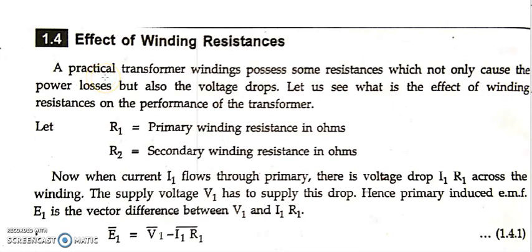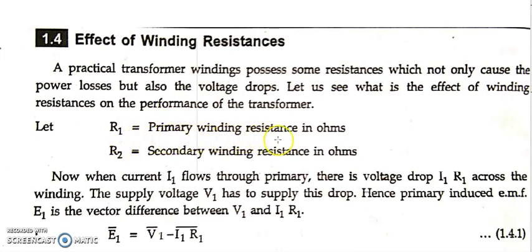Hello guys, in today's class we shall discuss the effect of winding resistances on your practical transformer. So far we did not consider any of the resistances, we did not account for them. So now we will account for them. Either primary or secondary, there exist what? Windings, which you all know. So if windings exist, then what happens? There exist resistances.